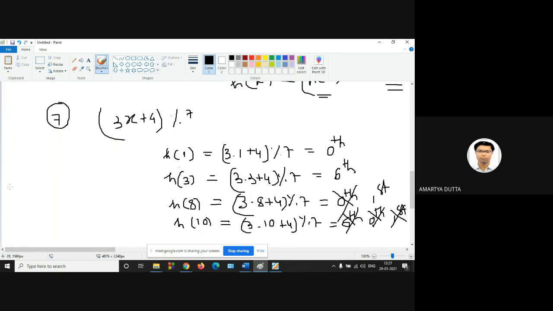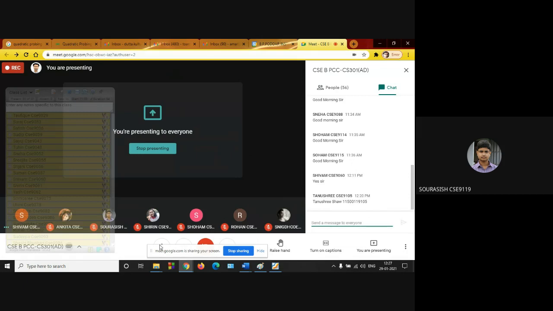So what is the resultant array? If we put the array, then we can find 1, 8, 10, then 3 gaps, and the last one is 3. So this is the final array. Okay. Is it clear to you? Yes, sir.